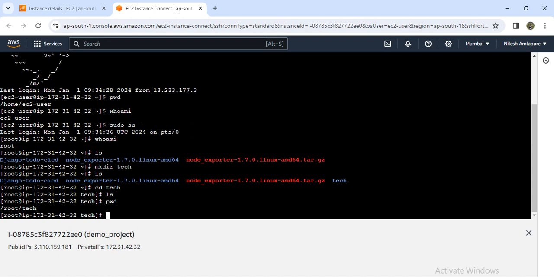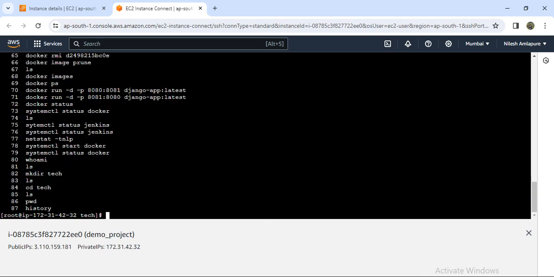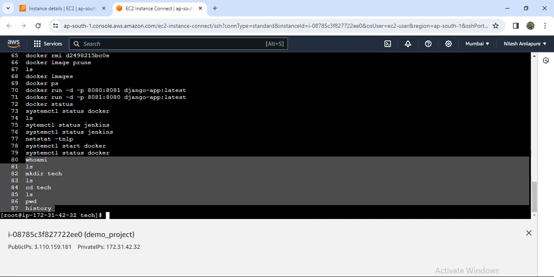So these are some basic commands. This is just our basic commands that we have used. I've just highlighted whoami, ls, then mkdir. whoami just shows you which user you are. Then ls for listing, mkdir for making folders, then ls again for the list, then cd for changing the directory, then ls again for the list, then pwd for the present working directory we are in,